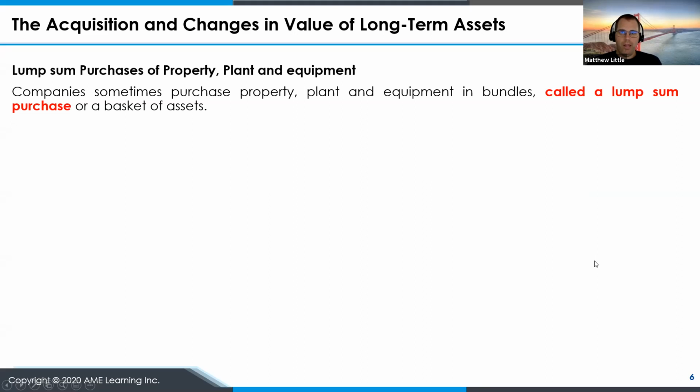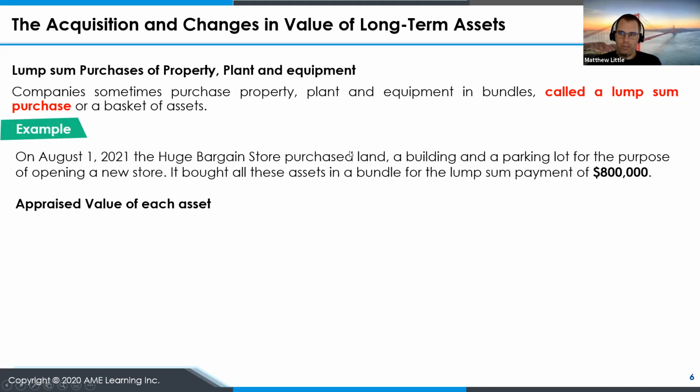Sometimes we'll buy, say a piece of property, especially in real estate. You buy a piece of property, includes land, might have a parking lot, might have a building, might have different things included. And for amortization or depreciation purposes, as well, often for tax purposes, which you'll learn in future courses likely, you need to split those components.